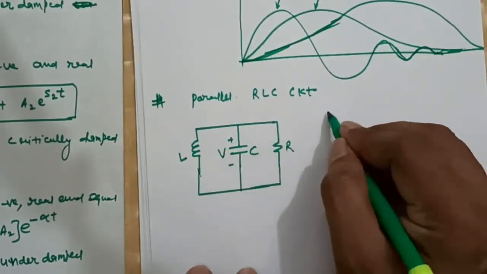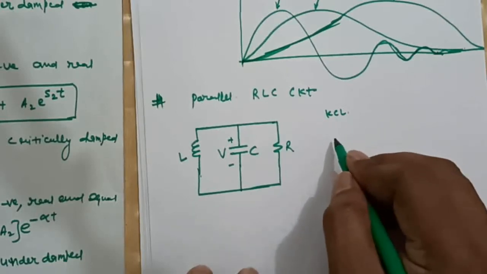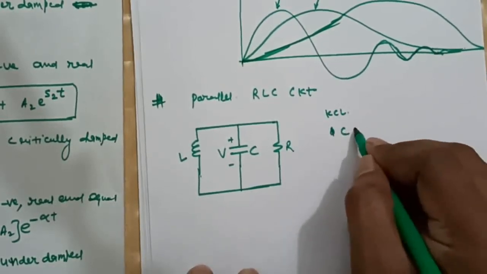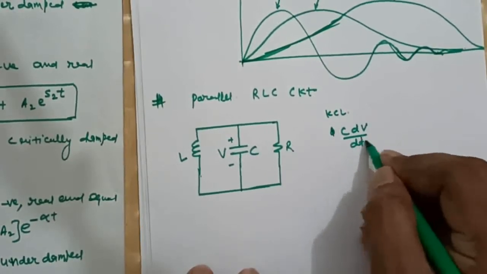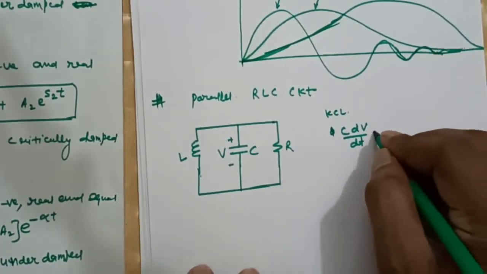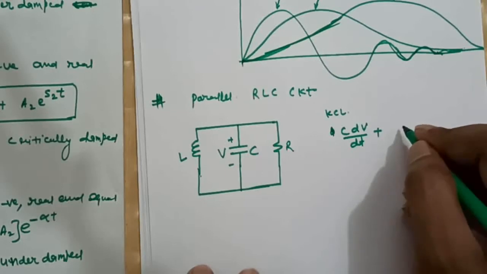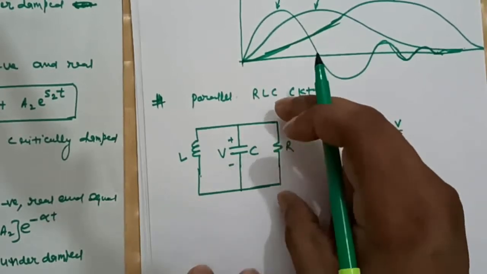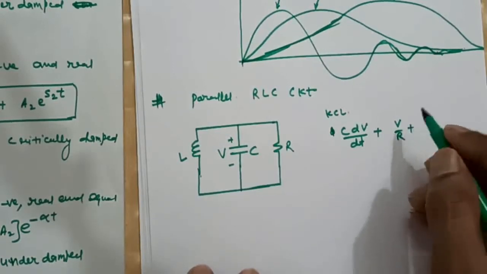Now writing KCL, we will have I is equal to C dV by dt plus V by R plus